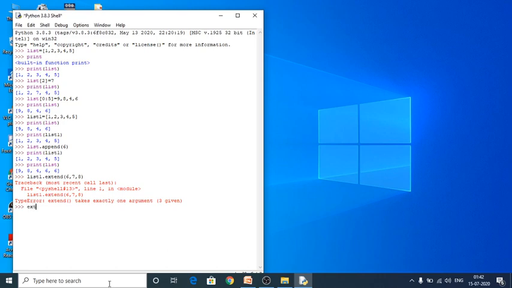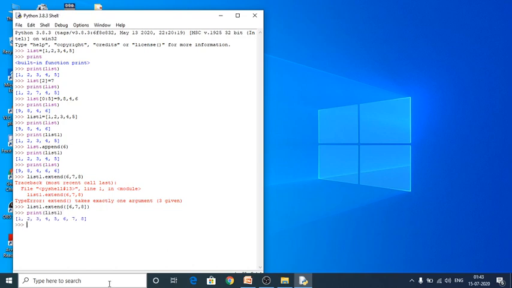So see here, list one dot extend, and this normal bracket is for the tuple. Within that I have to use square brackets, 6 comma 7 comma 8. So nothing is there, no error. So print list 1.